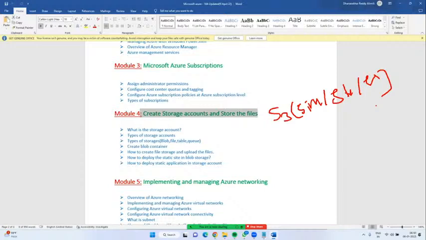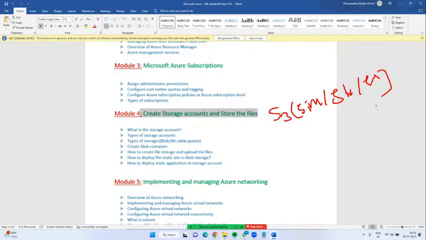What is the storage account? A storage account is a namespace where we can store structured or unstructured data. Unstructured data, in the sense, movies. If we have 1 lakh movies, assume each one is an HD 4K Ultra HD video, it is around 6 GB. 1 lakh into 6 will go to around 600 terabytes of storage. Same way, to store such kind of videos, unstructured data, we will use a storage account.